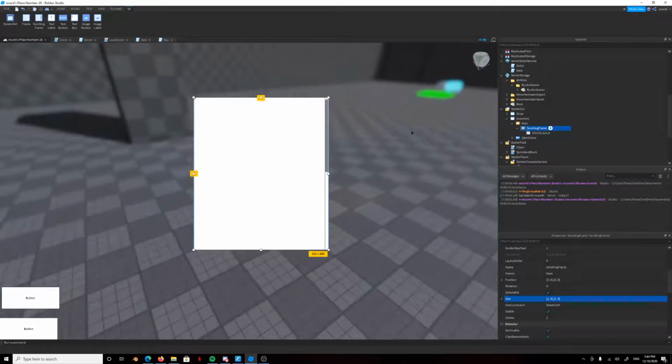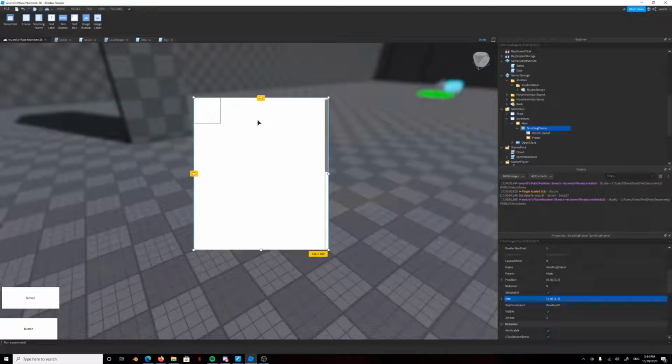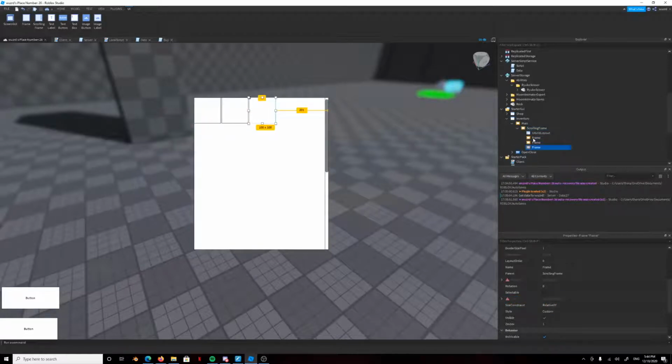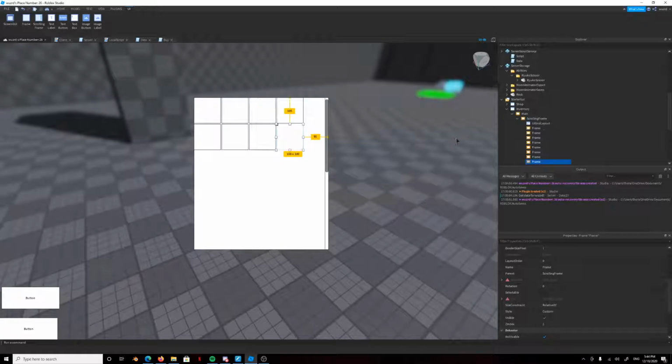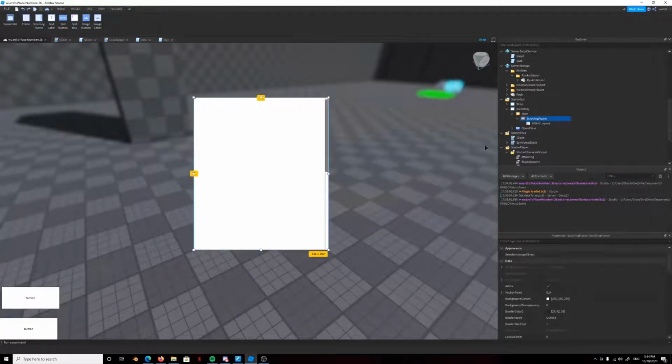So basically what this does is it'll rearrange everything you put as a child of this scrolling frame in a pattern. I'll show you. So as you can see, for the first frame I add, it's there. Now look. If I duplicate it, there's a bunch of them. So what we're gonna do is